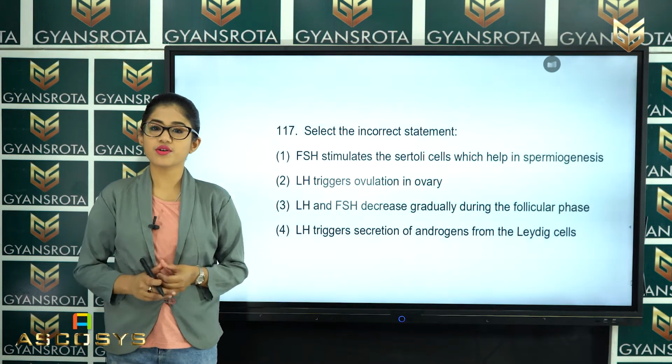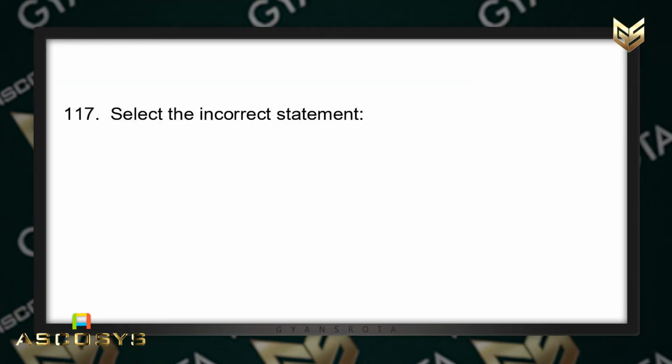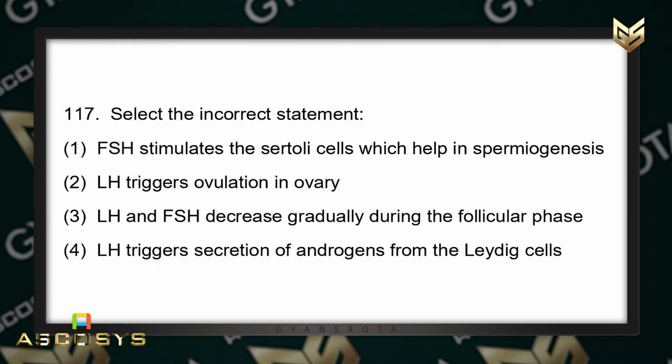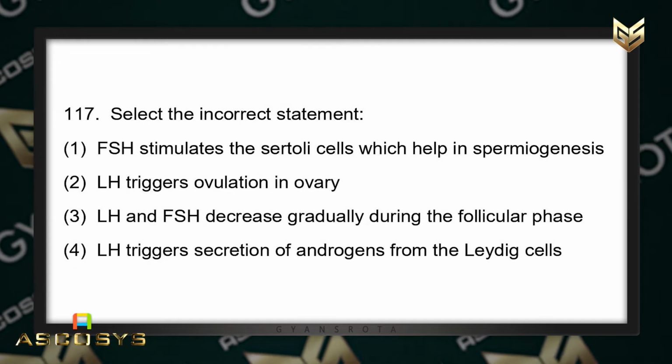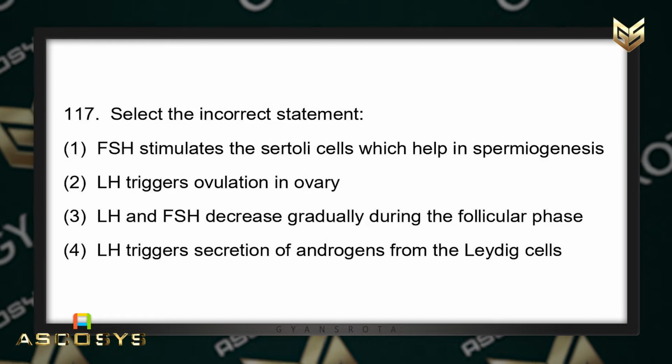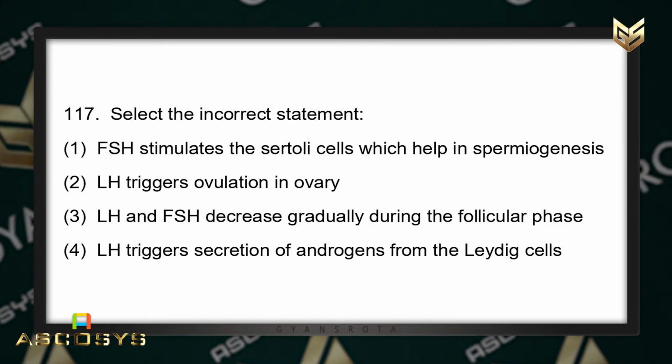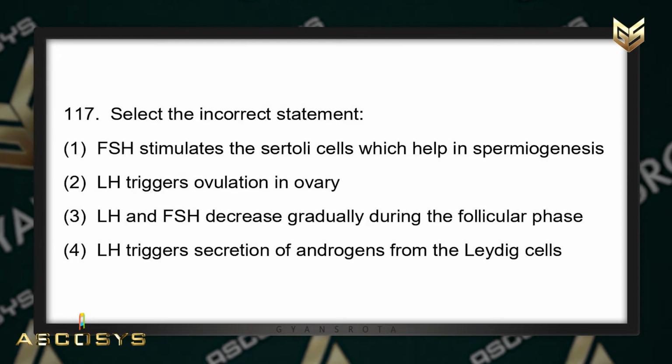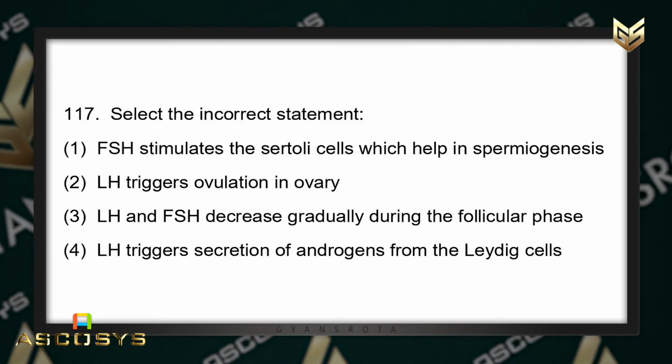Now, the next question is question number 117. Select the incorrect statement. First statement is follicle stimulating hormone stimulates the Sertoli cells which help in spermiogenesis. Statement number 2 is luteinizing hormone triggers ovulation in the ovary. Statement number 3 states that luteinizing hormone and follicle stimulating hormone decrease gradually during the follicular phase, and statement number 4 is luteinizing hormone triggers the secretion of androgens from the